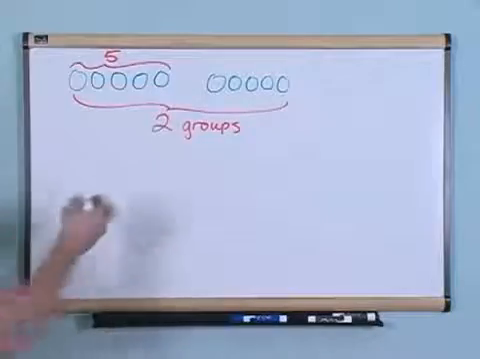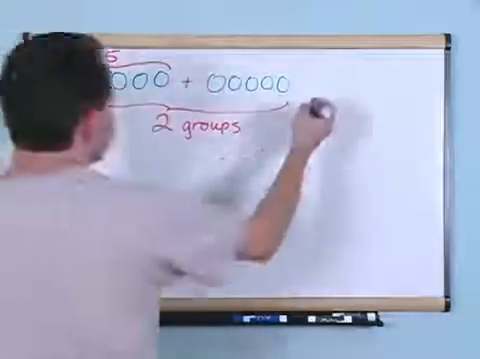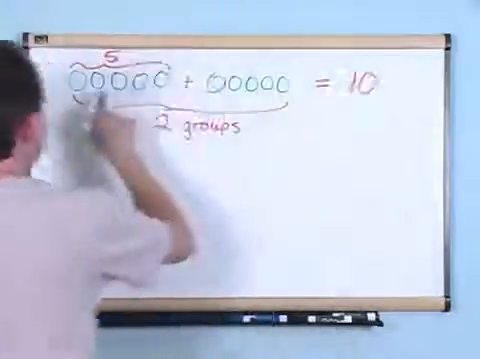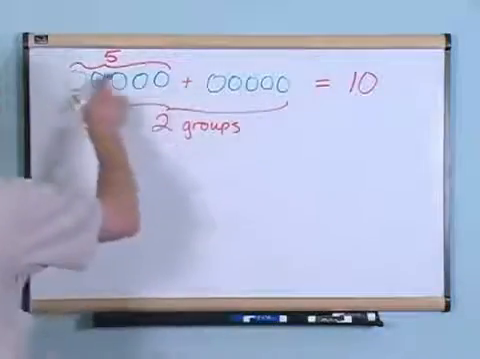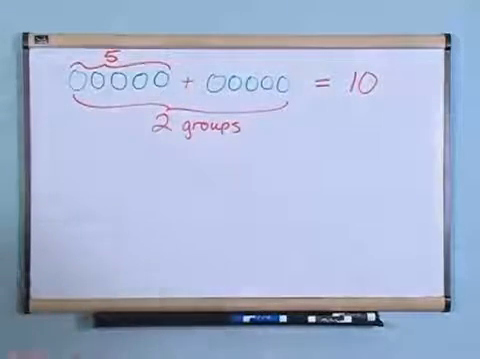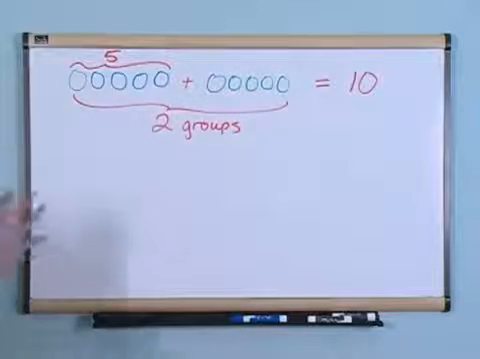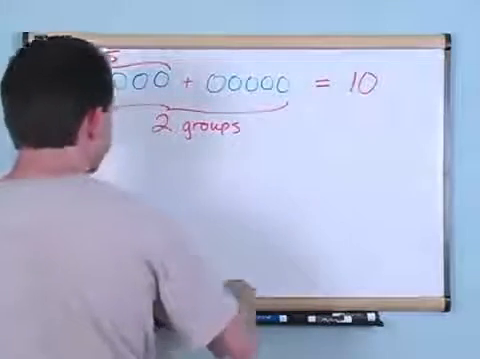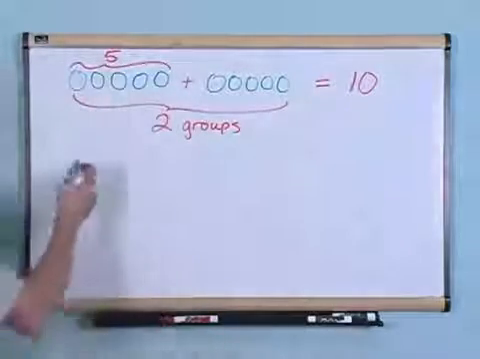Okay, and you know that if you're going to add these together, you're going to get 10, because you have 5 here and you have 5 here. 1, 2, 3, 4, 5, 6, 7, 8, 9, 10. 10. You can add them up, no problem. But what this is telling you, what multiplication really is, okay, is it's telling you that when you group it